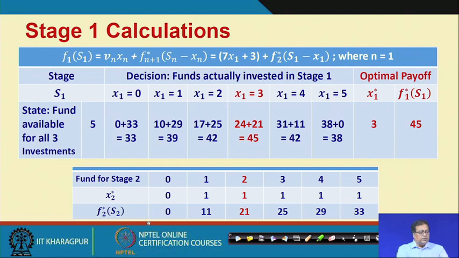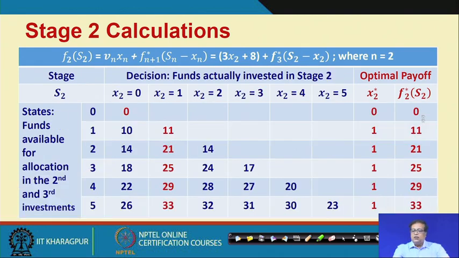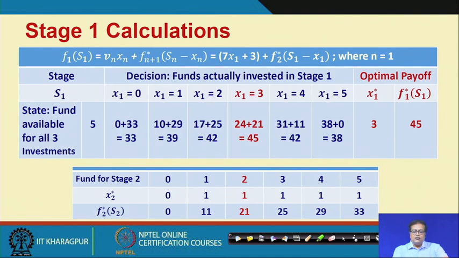Stage 2, on the previous slide, these are our optimal values: 0, 11, 21, 25, 29 and 33. The same values are written here. These are the funds for stage 2, the optimal values of stage 2, all written here. Supposing you have a total fund of 5 available at stage 1 and you spend nothing at this stage, that means